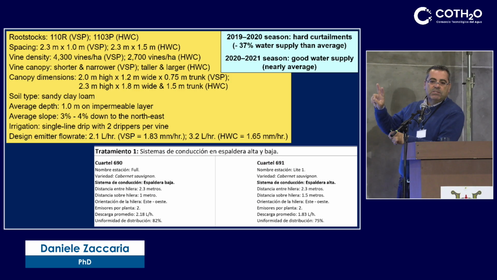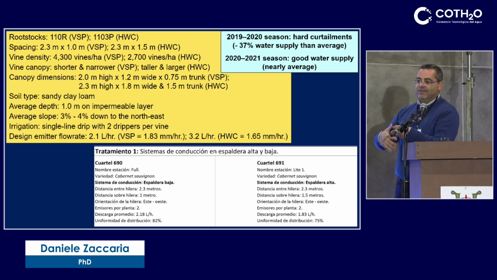2019-20 had two problems. One was a severe drought, so it was almost 40% less water available than the average. So that was the first problem. The second problem was the pandemic. And so there was not a lot of possibility for us to go to the field, but